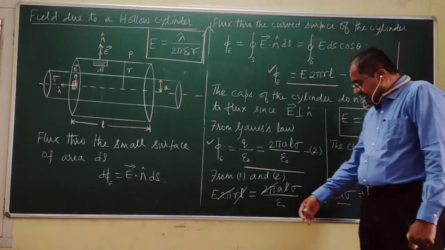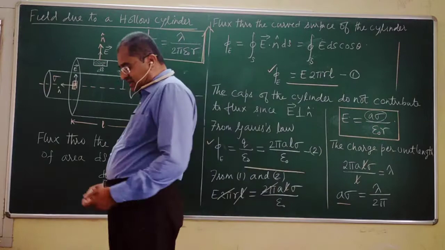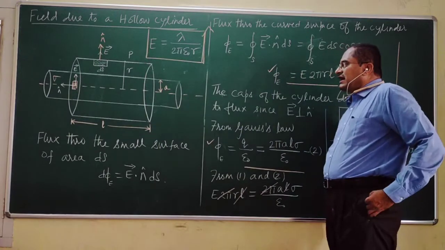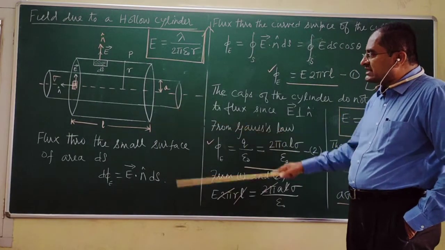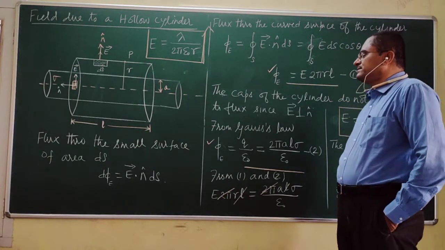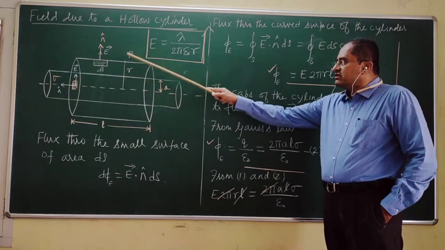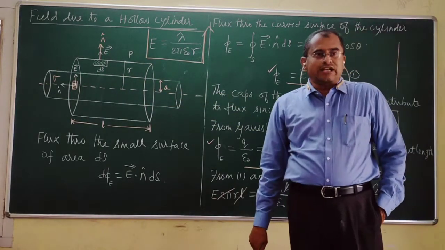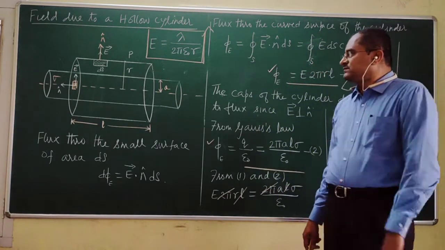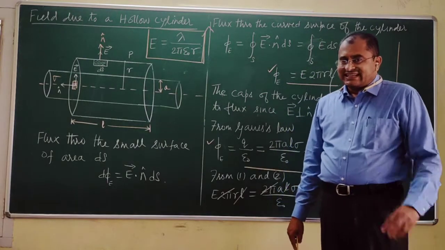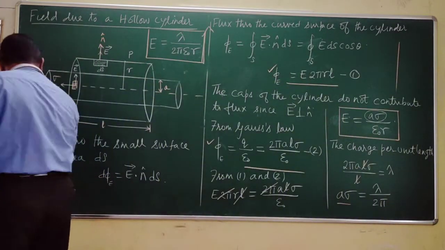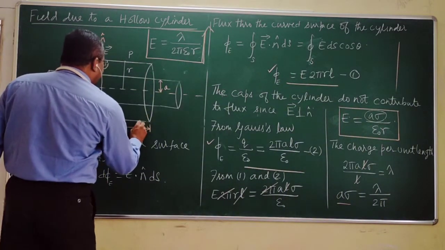This is the last of the applications given in our syllabus. For those who have not followed it, I am putting it once again. I am considering a hollow cylinder of radius A whose surface charge density is sigma, at a distance r from the axis of the cylinder at a point P. I am asked to find the value of electric field intensity. In order to determine electric field intensity at P, I am constructing an imaginary surface called a Gaussian surface.